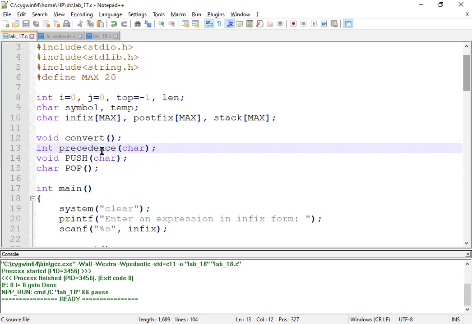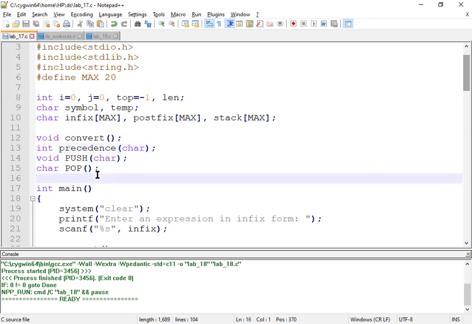Based upon their priority, we need to apply the conversion techniques. To handle that, we are using one function by the name precedence. It accepts a character as a parameter and returns an integer value. That integer value determines the priority of that particular operator.